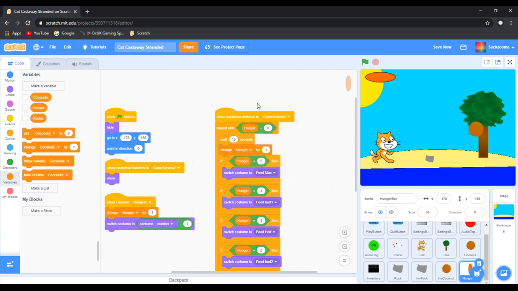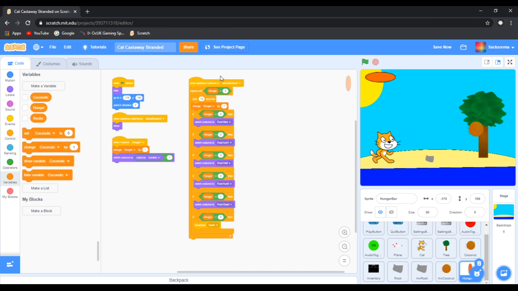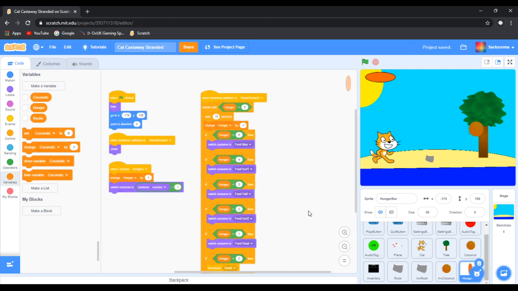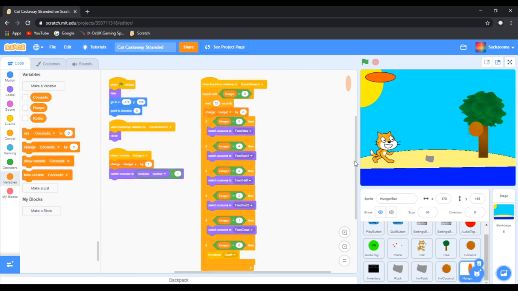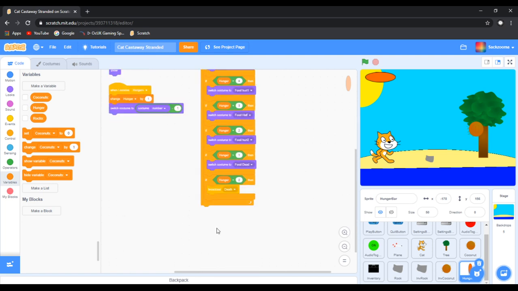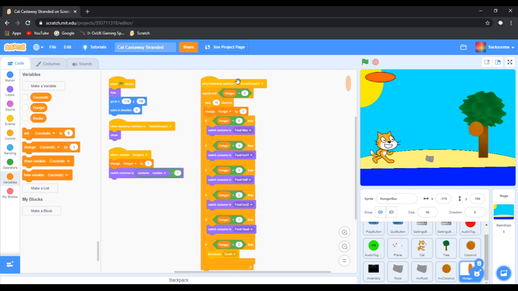Then the next thing we want to do is copy all of this script here. I believe you can see that. Honestly, it just depends on your monitor. Here is all of your game screen. So you want to switch it to game screen 2, repeat until hunger 0, and you just want to copy all of this. And then when I receive hunger plus,